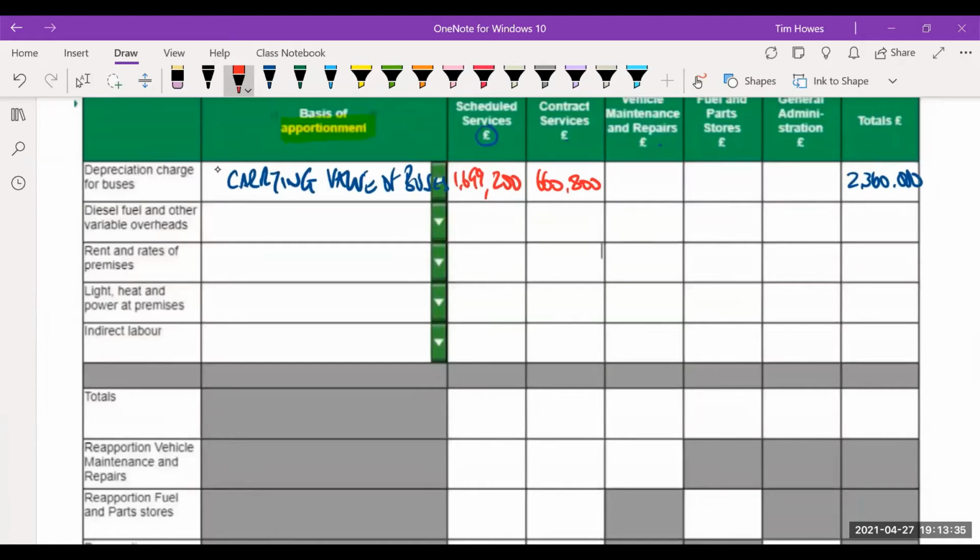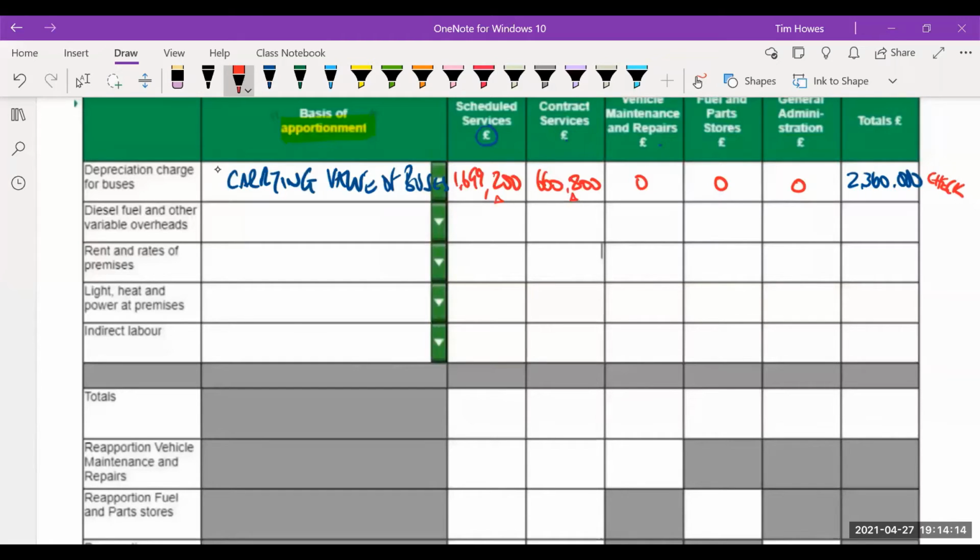660,800. I've calculated those two things independently. Let's pop some noughts in there. Okay, check that you've done it. So look, that's the total. You did this independently. You then calculated this independently. Check that they come to your total. Don't be tempted to calculate the first one and then just put the rest in the other one, because if you've got the first one wrong, you've got the second one wrong. So check them. Okay, check them.